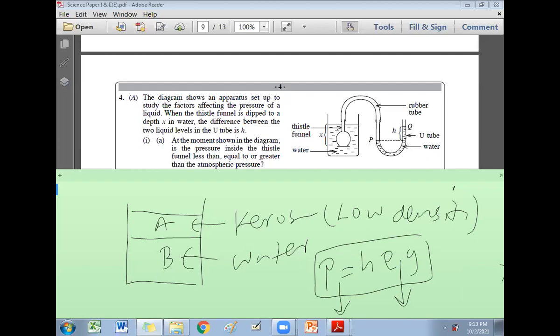If you take the Dead Sea, the density is greater than the Indian Ocean water. So in the Dead Sea, the pressure is higher. Mercury is a liquid that has a much higher density than water, so a small height can cause huge pressure. H rho G. So what are the 3 factors affecting liquid pressure? The depth or vertical height of the liquid, the density of the liquid, and gravitational acceleration. G is constant. G cannot be changed.